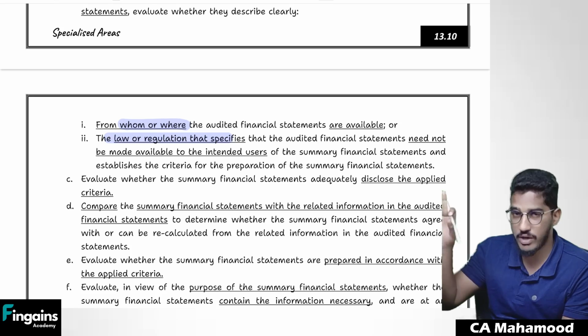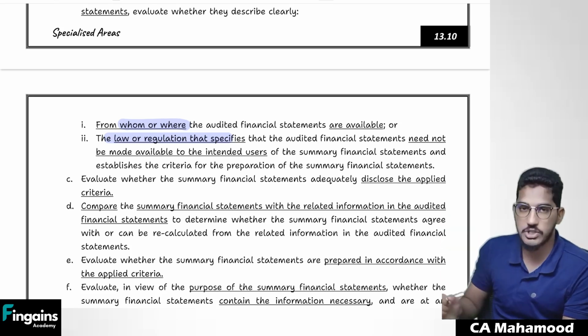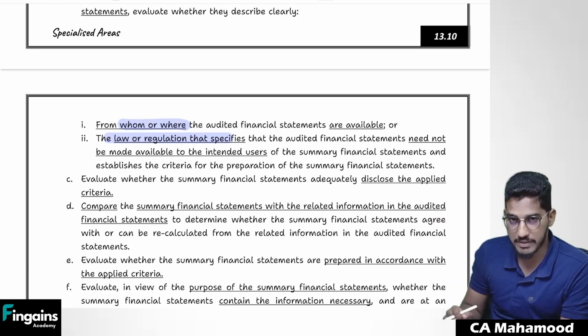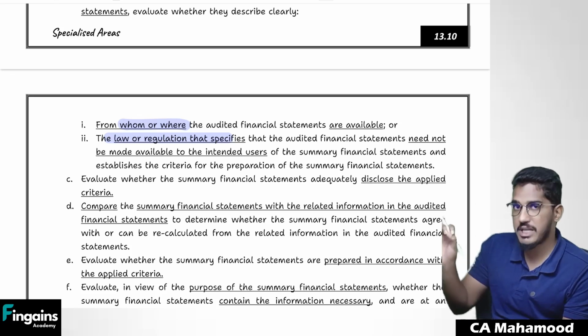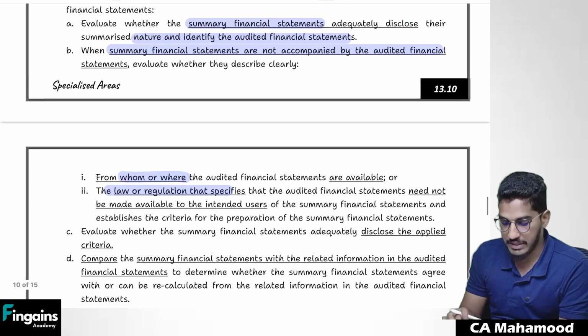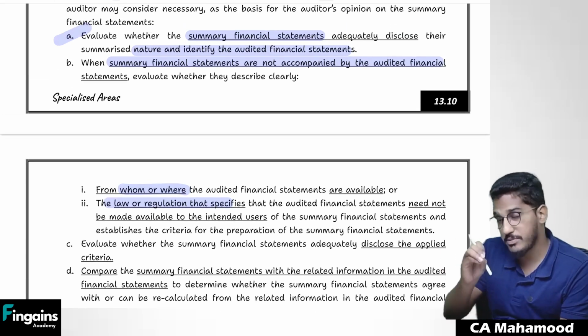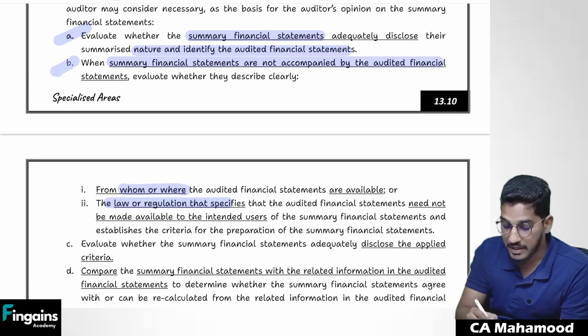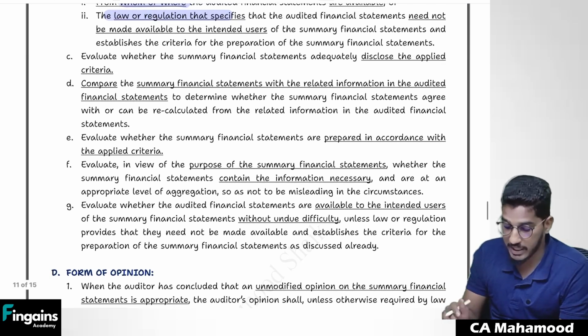Okay, because of so and so law and regulation, we are permitted to issue only summary financial statements. We need not issue complete financial statements. If there is no requirement of law or regulation, then management compulsorily has to say clearly where the user can go and get the complete financial statements. So first we will check whether in the summary financial statements the management has disclosed their nature and whether they have explained where to find the complete financial statements, unless prohibited by law or regulation.